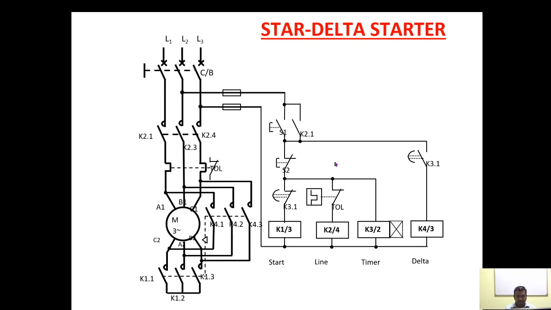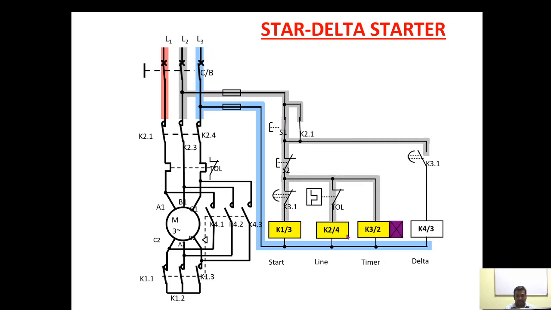Now let us have the operation. Normally open, that is start push button, stop push button. Circuit breaker is closed, giving supply to the respective terminals. When you switch on the start contactor, start, main, timer receiving supply. Timer is initiated for the set period of time. Motor is started, since now the contactor is closed in star.